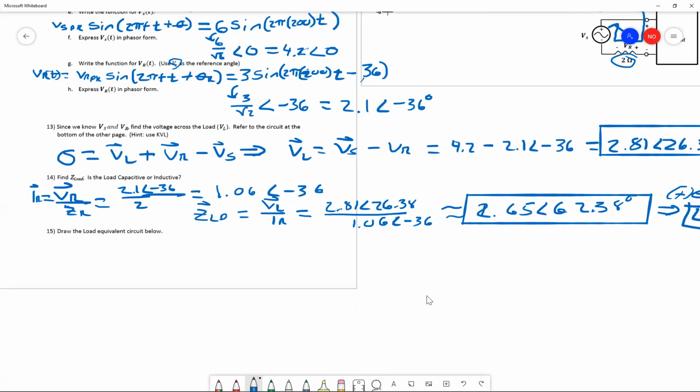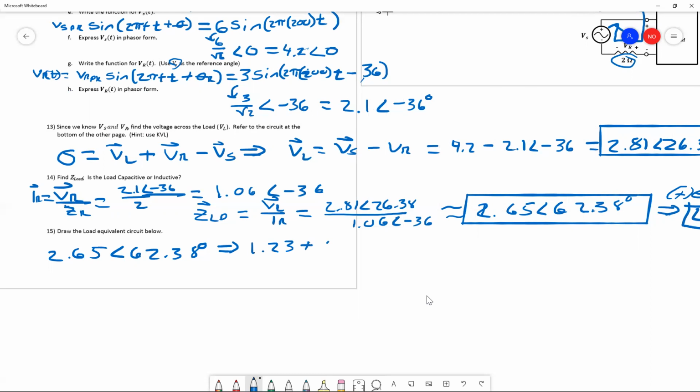Lastly, draw the load equivalent circuit below. So all we have to do is take that load value, 2.65 angle 62.38, and put it in our calculators. If you don't know how to convert to rectangular in your calculator, just type that in with the angle, then press second complex, go straight to the A plus BI format, and click it. And that will give us